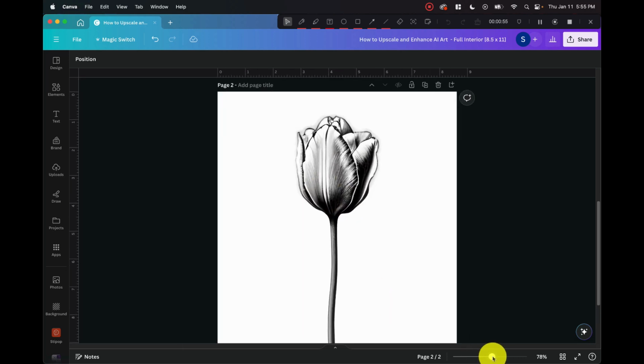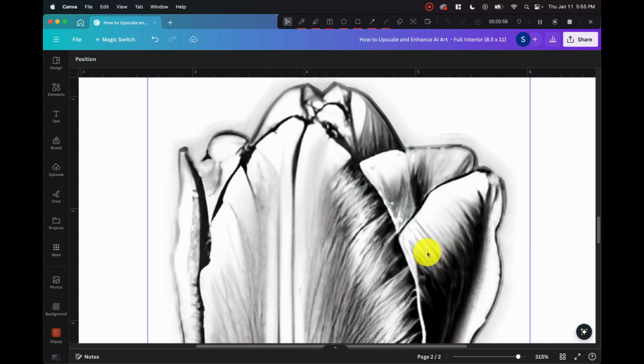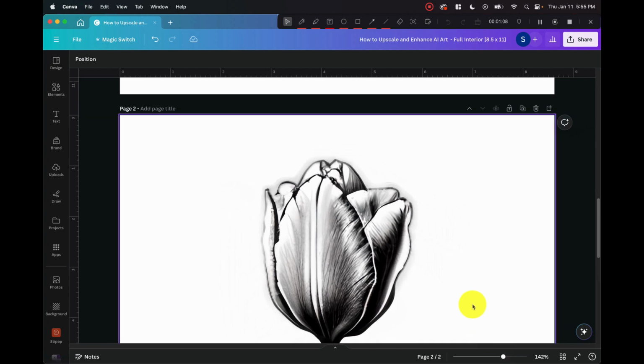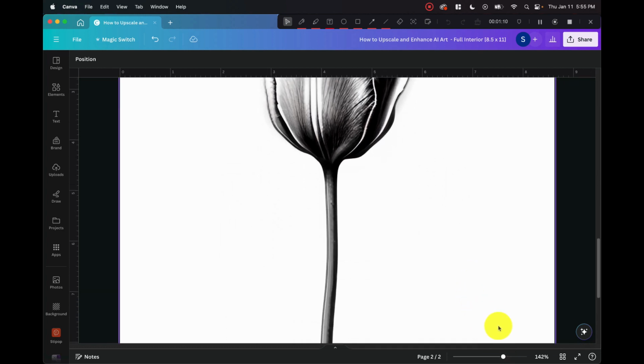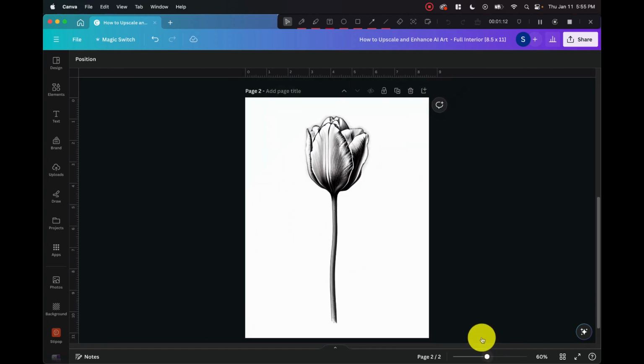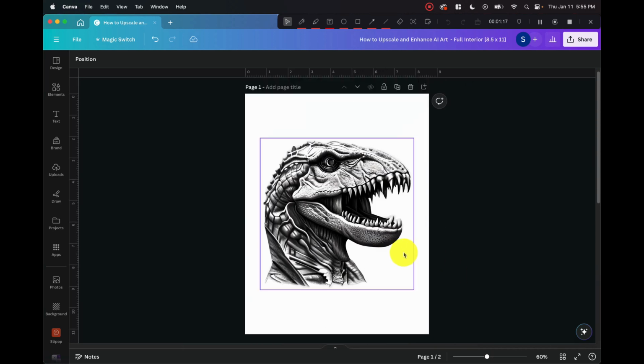But once again, once you start looking at it close, you can see how blurry it actually becomes. And when your customer is coloring this in, your customer is not going to have a very good time and might not actually give you a good review on your book, and that's not what you want. So what we want to do is take these images, enhance them, and upscale them so that we can put an image on this page that is worthy of our customers' time